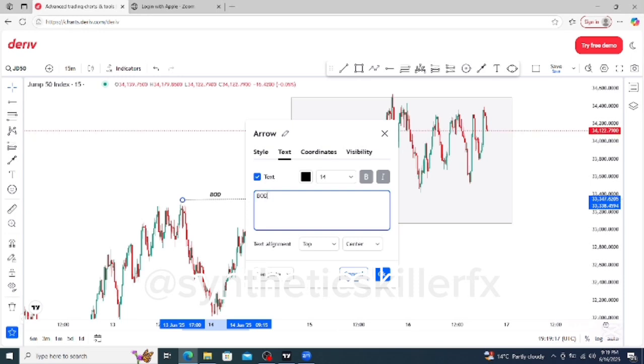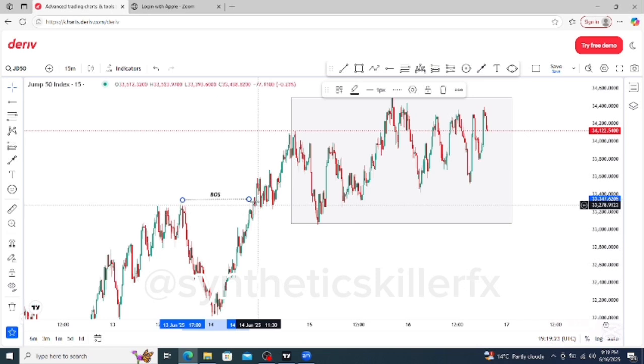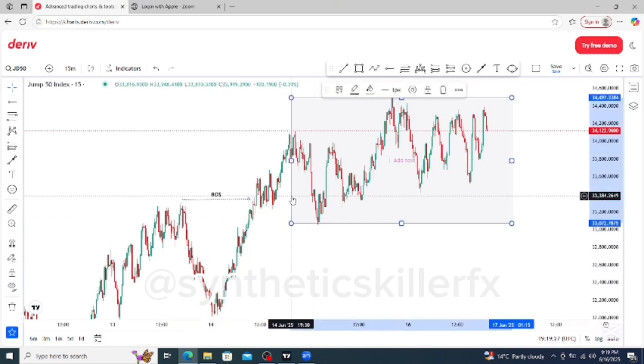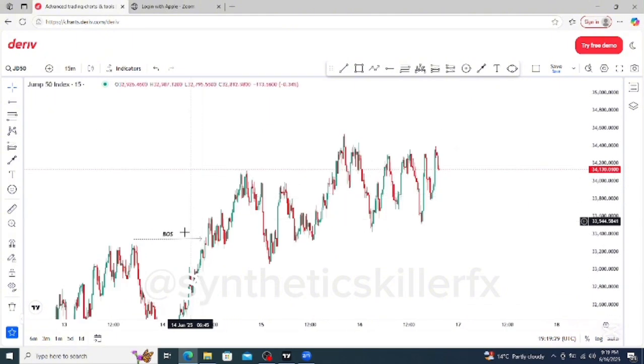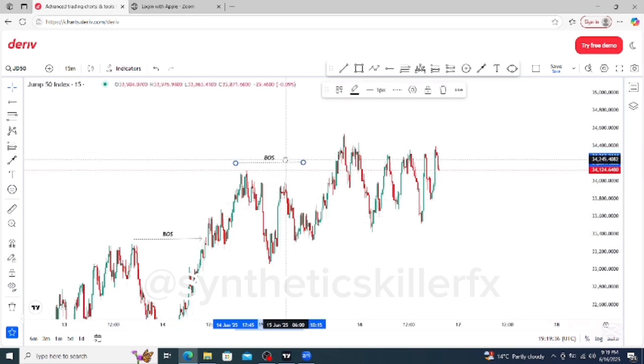so we can indicate that as a break of structure, right? I use some smart money concept terms because I did at some point try and learn some of these concepts, which I do use in my price action trading. Okay, so let's copy that and good to see that. We can see that another high was broken,